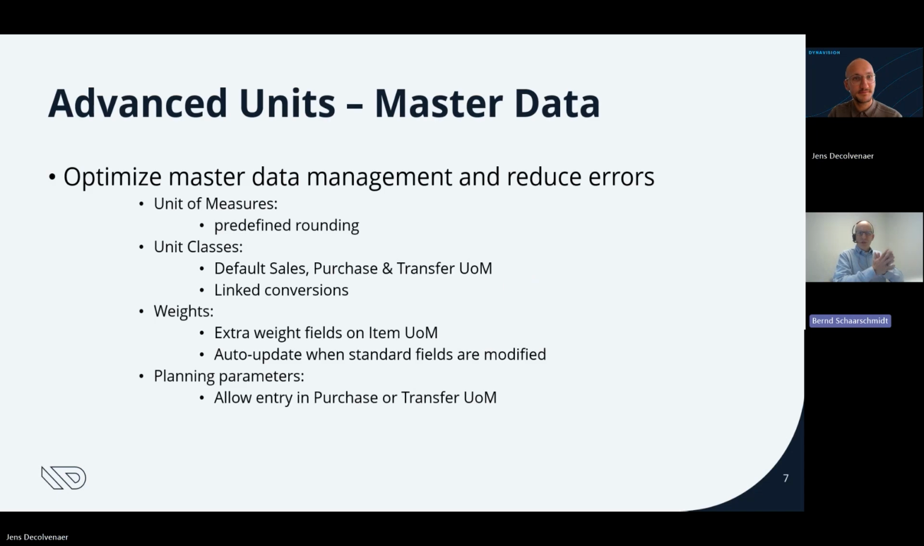Thank you for the introduction, Jens. So before I go to my demo system, just 3 slides to give a small overview of what we will be seeing. So advanced units, there are several, I would say,